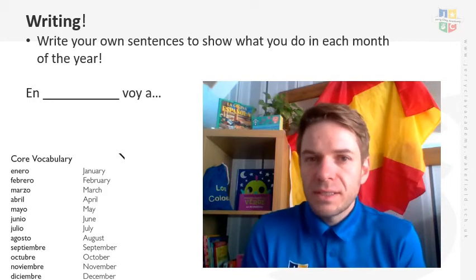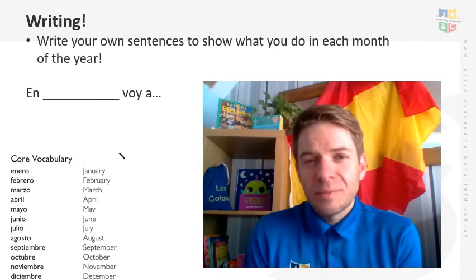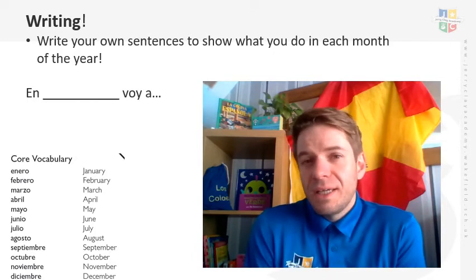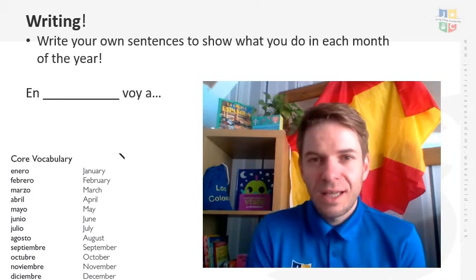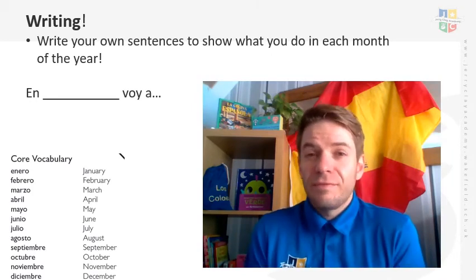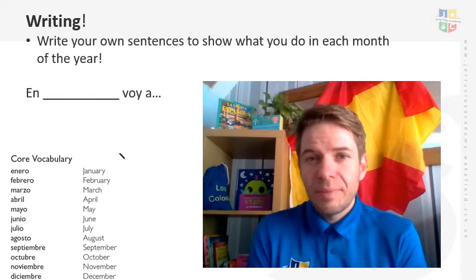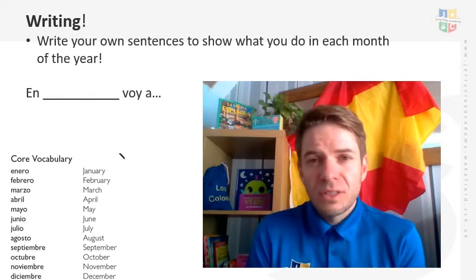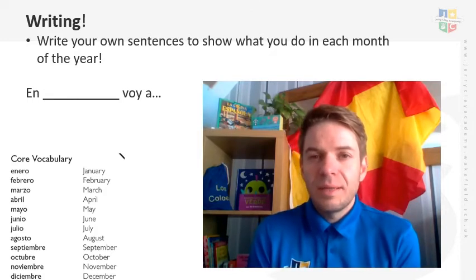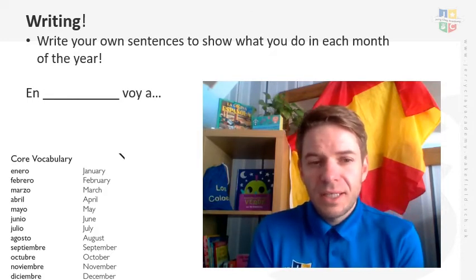Now you might need to do a little bit of research to show some of the things that you do. You might remember some of the things that we talked about last week as one of the tasks there. You might, if you've got access to a Spanish dictionary, be able to use that, or equally, there are lots of resources on the internet to be able to translate some of the words that you might need.